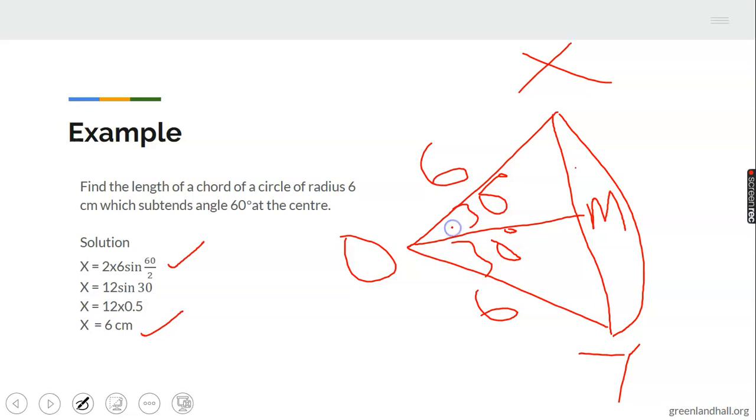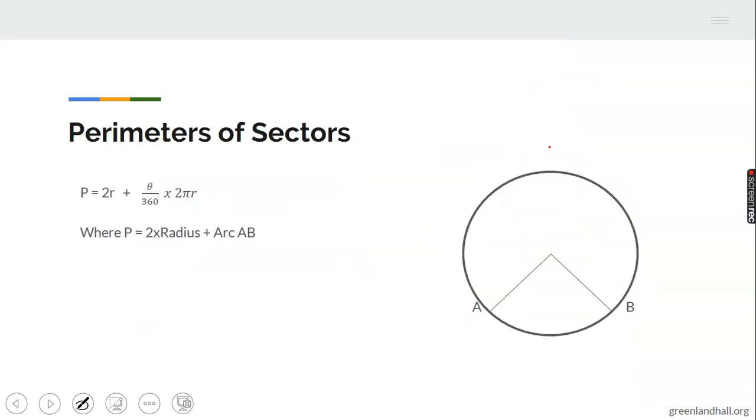So since this angle is 60, here too will be 60, here will be 60. So it's an equilateral triangle. So all the 3 sides are equal. You can see it's correct. Let's move on to